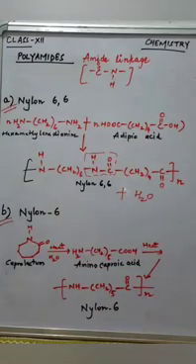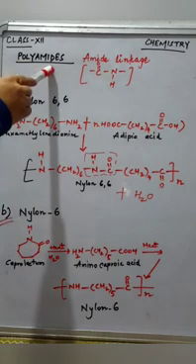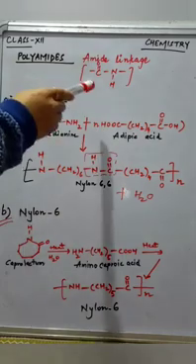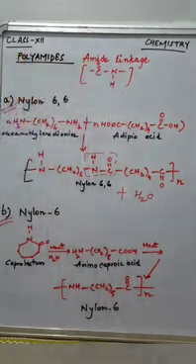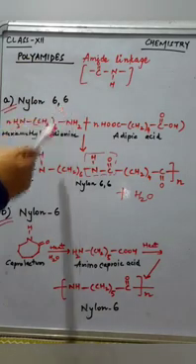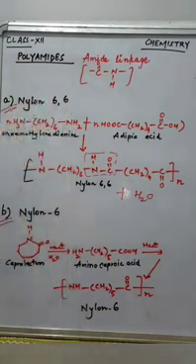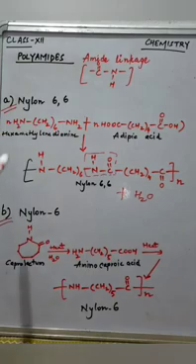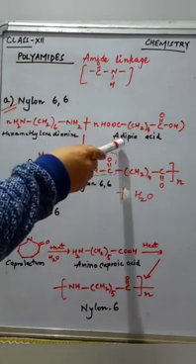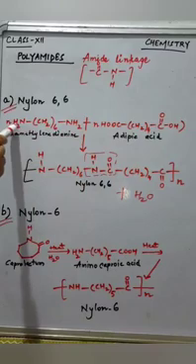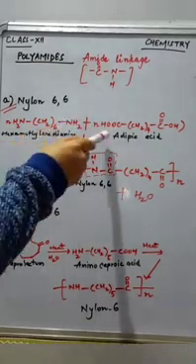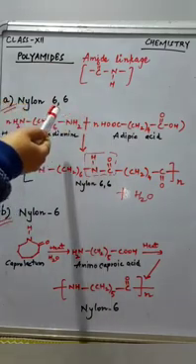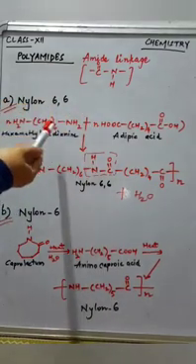Next category which we have to study under condensation polymers is polyamides. Polyamides have an amide linkage in them, and amide linkage is C double bond O, NH. This is the amide linkage. Among polyamides, we have to study nylon 6,6 and nylon 6. Nylon 6,6 is a copolymer formed by hexamethylenediamine and adipic acid. This is the formula of hexamethylenediamine. This is adipic acid. One water molecule is eliminated. Therefore, it comes under the category of condensation polymerization.